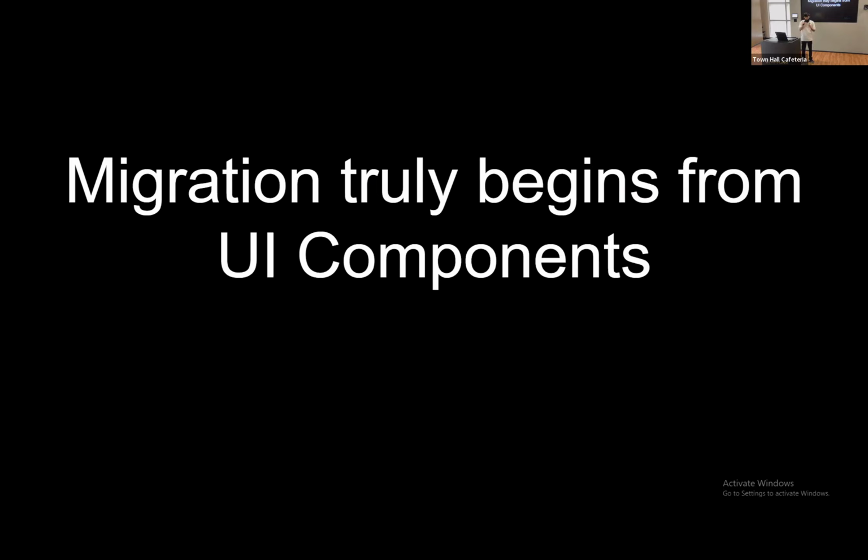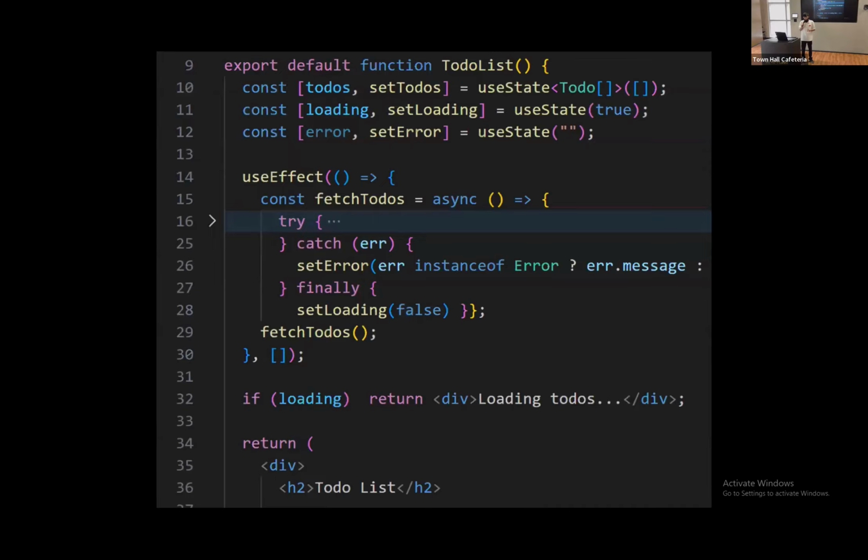Okay, next up, I'd like to give you all a heads up. This is a challenge that I faced, and it was a sucker punch to me. Migration for a monorepo truly begins from your UI components. What I've seen is that UI components are sometimes written this way: you have data fetching inside the component and then you display it. Especially if you're using React Query, which makes it very easy to do data fetching inside the component. But I'd like to tell you that this is not an ideal way to design your